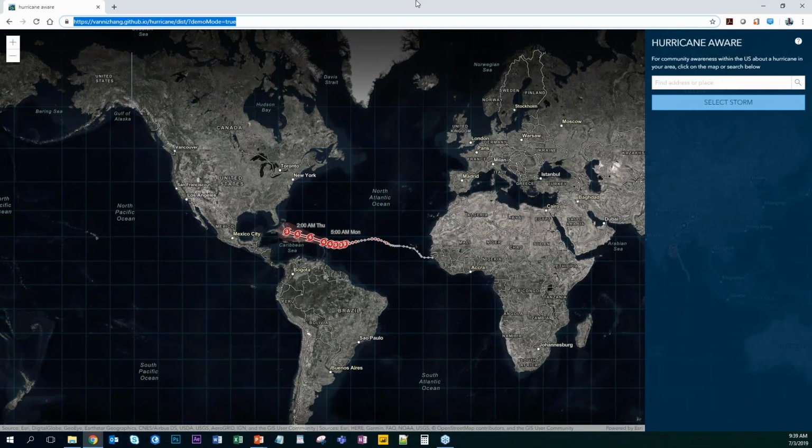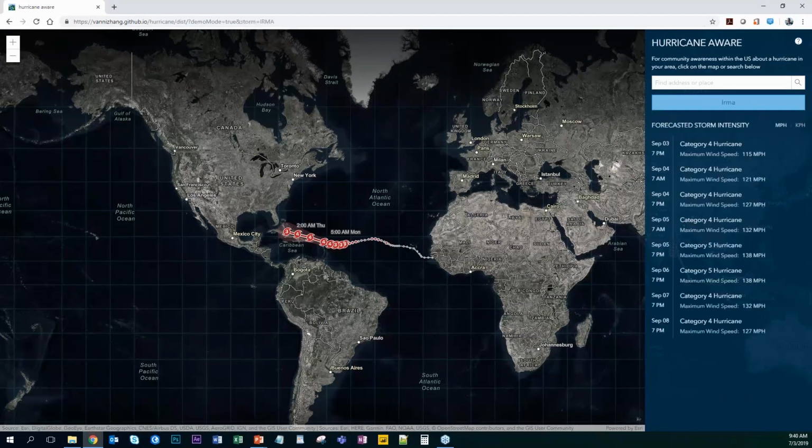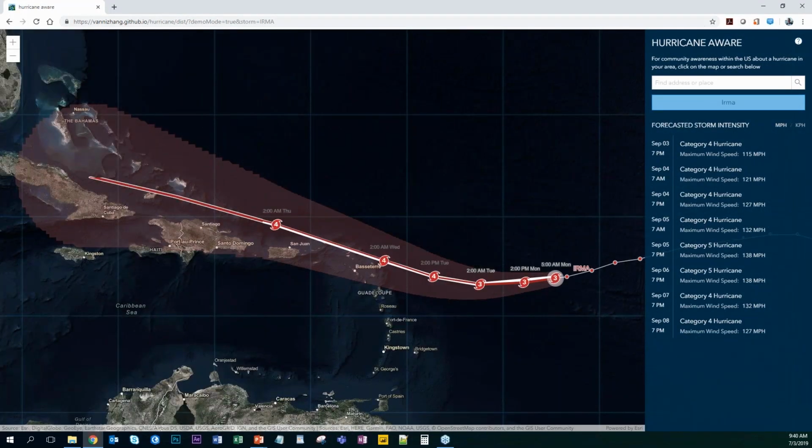This is a little back to the future, as I was saying to the other participants earlier today. We're showing Hurricane Irma just in a demo mode here. And what you'll be able to do is either type in a location that you want or select an active hurricane. If we went to the non-demo version, we would see the active storms out there right now. So if I select Irma, the map will automatically zoom to it, and we can click on the different